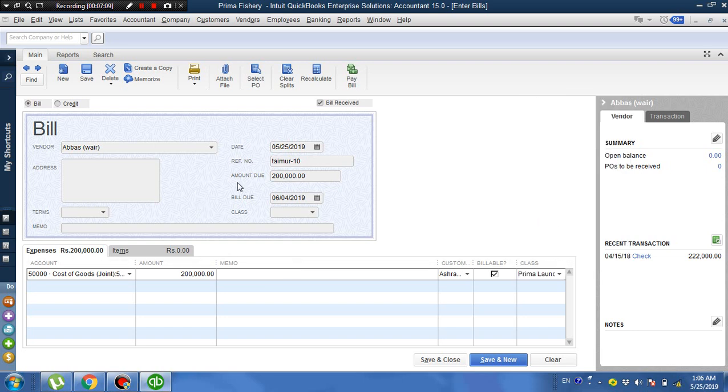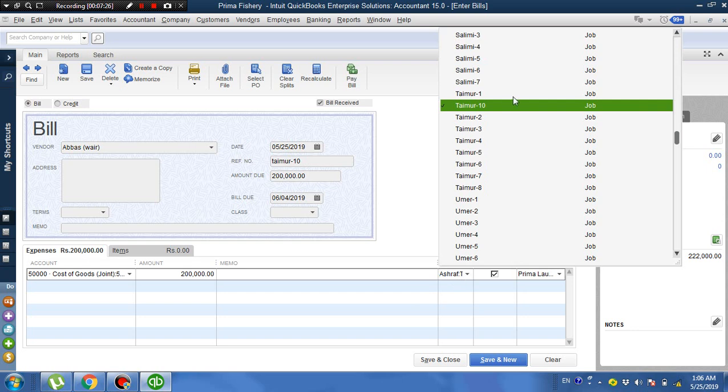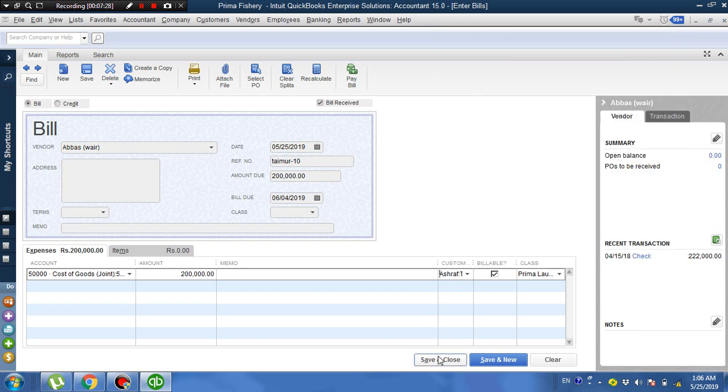Now when we save this bill, this expense is going to attach to the class Taimur, and it attaches to trip number 10. It attaches to the job, this job Taimur 10. So we need to enter all the expense bills here in the bill window,